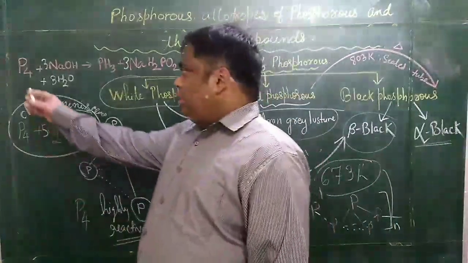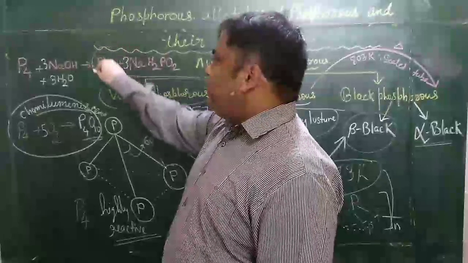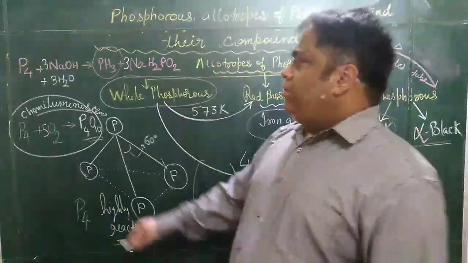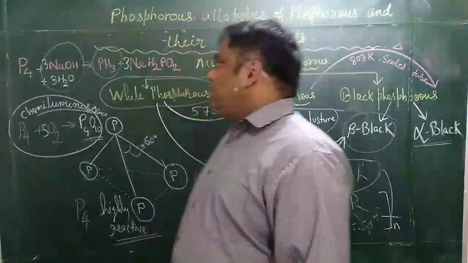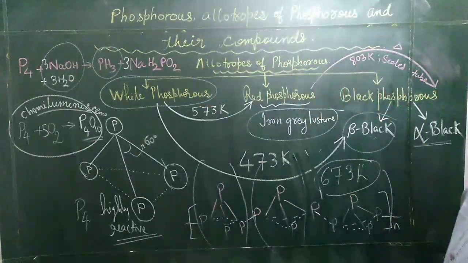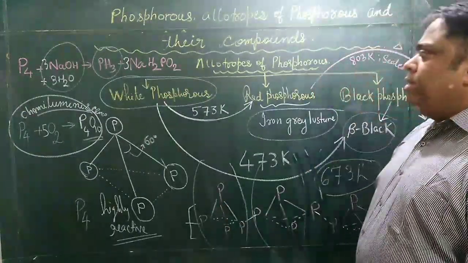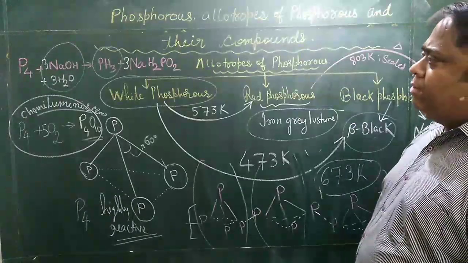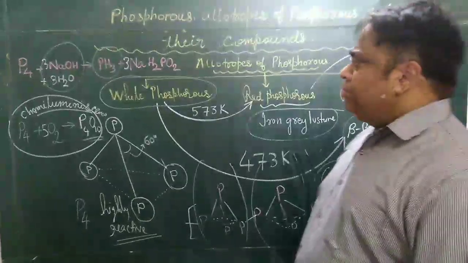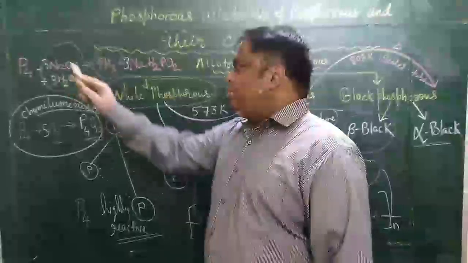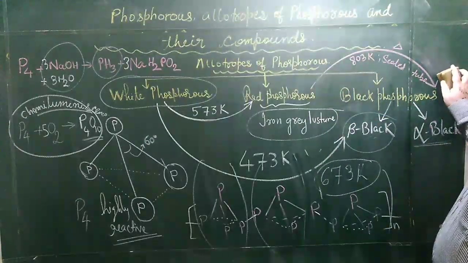Also, there is only one reaction in the properties of phosphorus. This will reoccur in the preparation of phosphine. This reaction reoccurs when phosphorus is boiled in alkaline water. Then it forms phosphine, and sodium hypophosphite is formed. This can be balanced very easily. So this is 3 phosphorus, this is 1 phosphorus, so 4 phosphorus atoms are there. We will see how much we can recall.